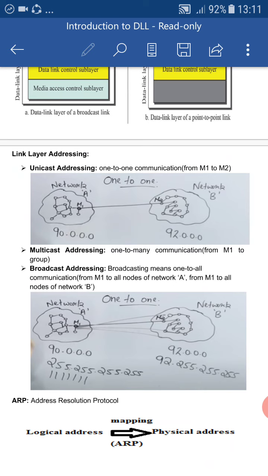Now, let us take real-time examples. Your WhatsApp groups like 4th A group, 4th B group. When we want to communicate with the WhatsApp groups, it belongs to multicast addressing. And your news channels on television, the same news will be broadcasted everywhere. Hence it belongs to broadcast addressing. If I want to send a private message to one of you, then that private message between you and me belongs to unicast addressing. So this is the concept of link layer addressing.